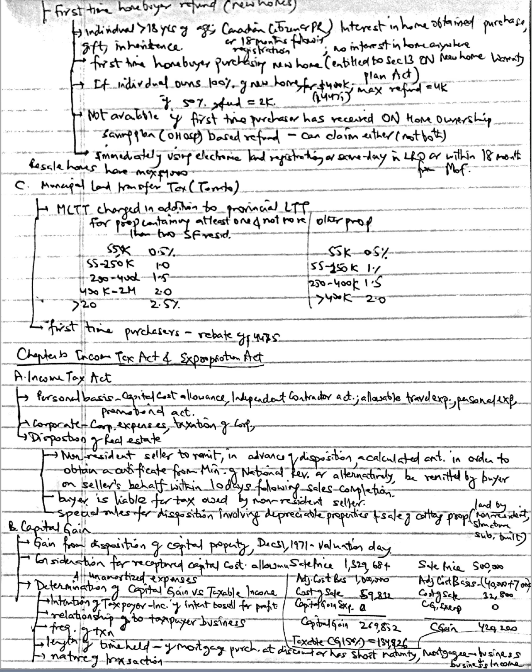So let's talk about Chapter 10, the Income Tax Act in Canada and the Expropriation Act. We want to identify the risk under the Income Tax Act for a buyer when the seller is a non-resident of Canada and is subject to special provisions regarding the capital gain tax collection. Explain provisions with respect to the seller's income tax in the agreement of purchase and sale for the protection of